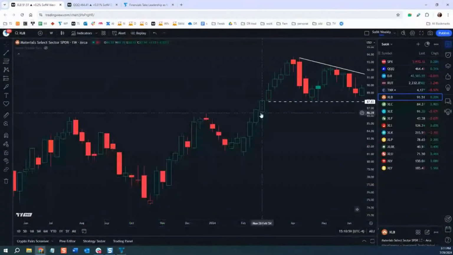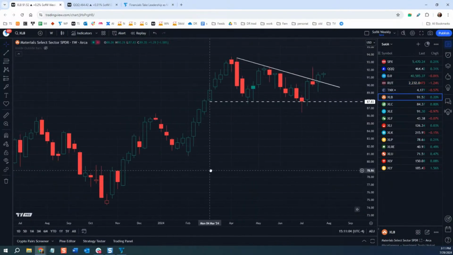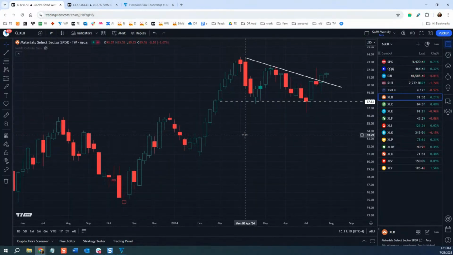It got back a little bit inside, and then it followed through. The thing I think is interesting here is that was a pattern back here. Now, it's not applying in this moment, but it is interesting. I remember, just to point out this pattern that we've seen with the XLB. From my perspective, we do have a range-bound market for now.